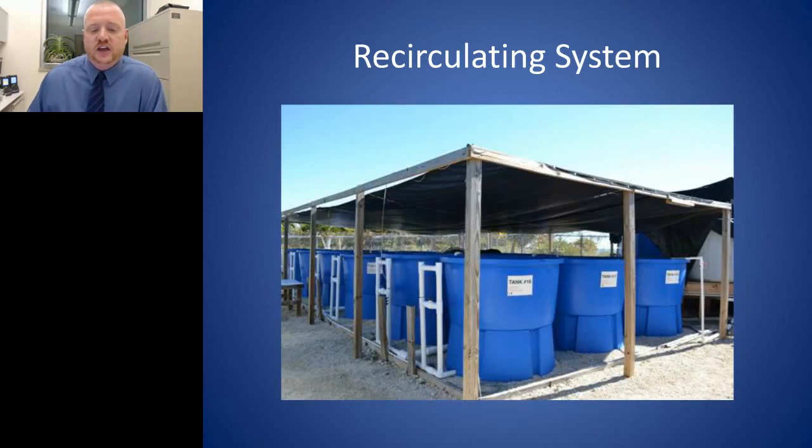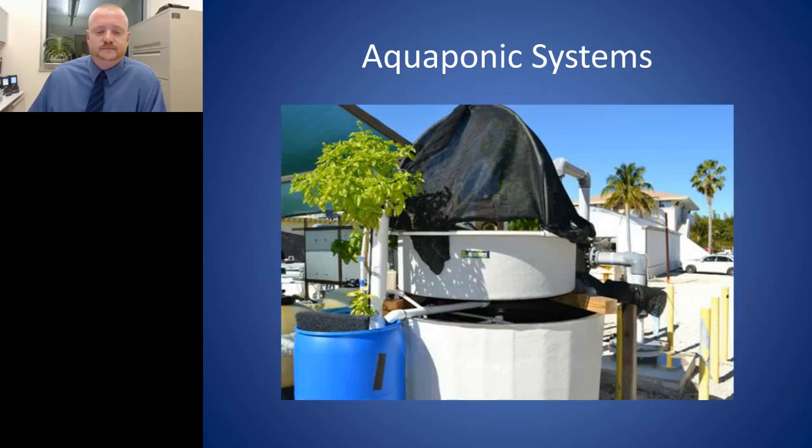Whereas in this next slide, you'll see that this is kind of more analogous to our other species and pet stores, where you've got multiple tanks that are on the same water system. They're all connected. You can't see the filter in this particular picture, but they're all connected. So that has its own issues, in the sense that if there's a disease outbreak in one tank, you've got a disease outbreak in all tanks. But it also allows one filter to control all of those different tanks.